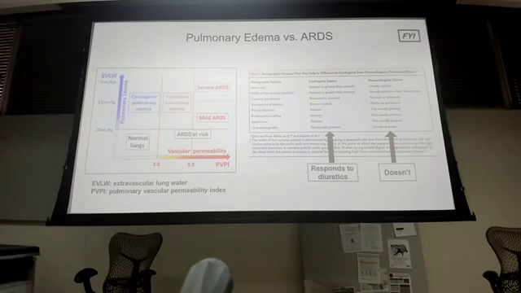Another thing you're going to see to differentiate these two on that chest x-ray is the costovertebral angles, right, where the diaphragm and the chest wall come together. Pulmonary edema is not going to spare them. You're going to get kind of a flat effect where it blunts those angles. With ARDS, it's going to preserve those angles, and you're going to see that. So that's another kind of characteristic.